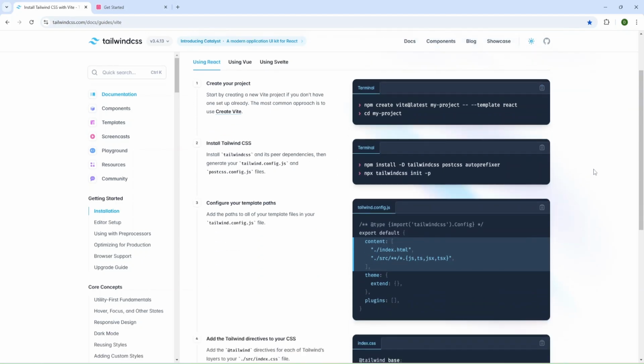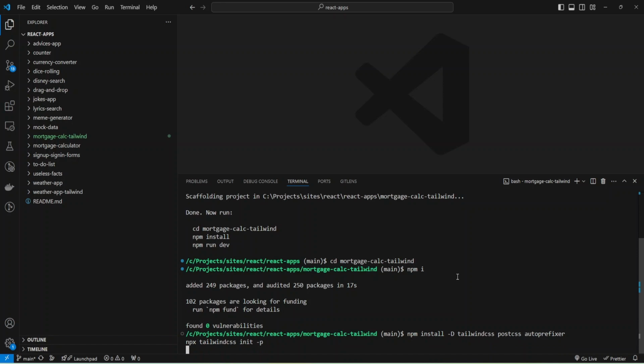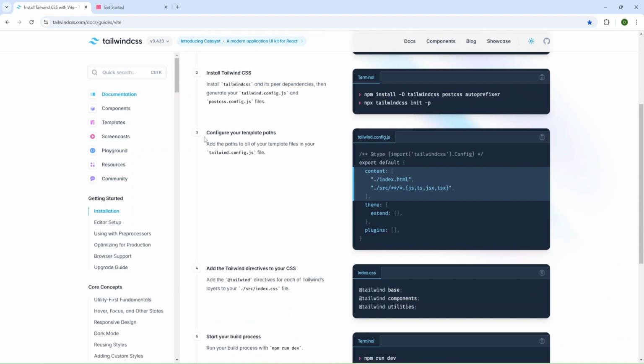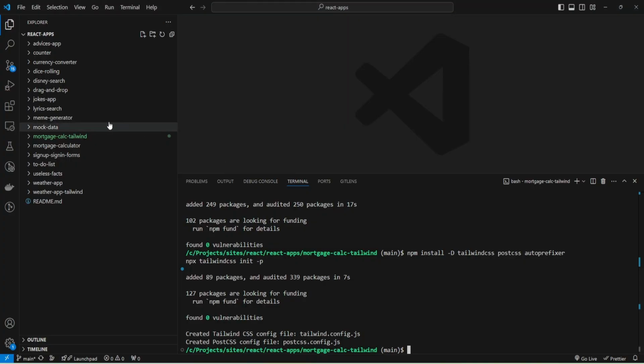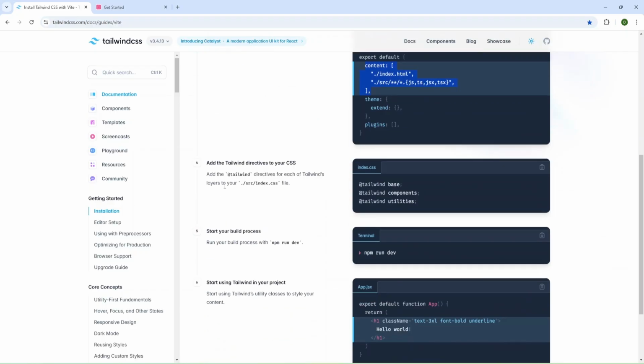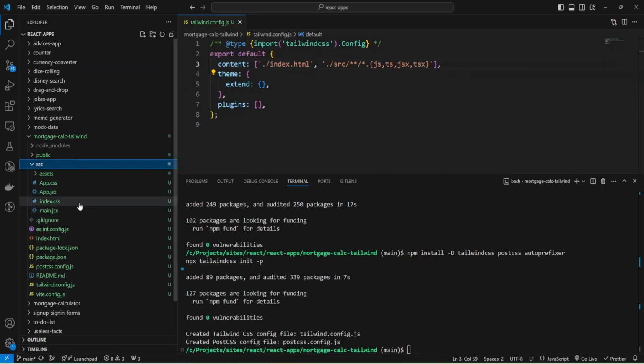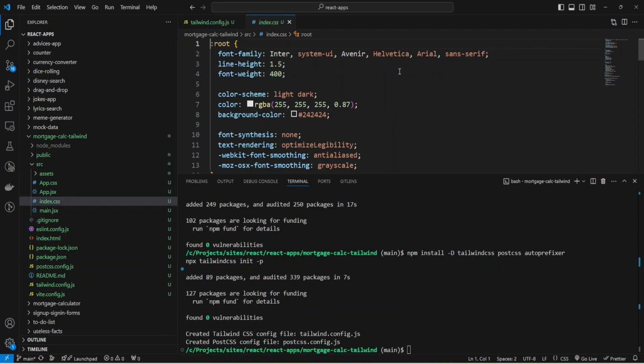And let's check what I have next. The second command is install Tailwind CSS. I'm going to copy these packages and install, and then init Tailwind CSS. And the third point is configure your template paths. I'm going to copy this content and add it inside the tailwind.config.js file. Okay, and the next one is adding the Tailwind directives, so I copy them and open my source files and index.css, and